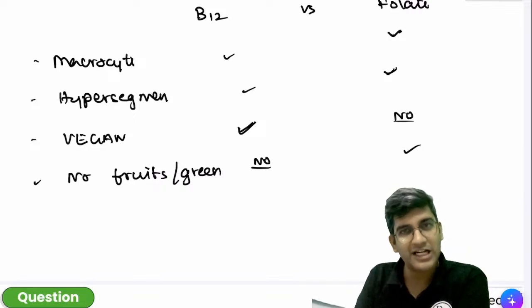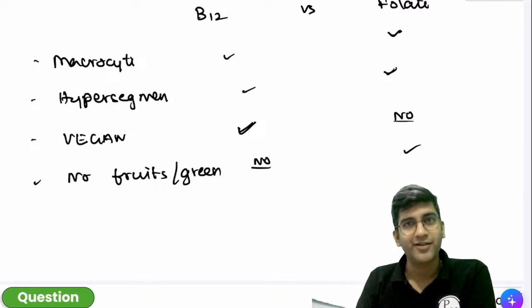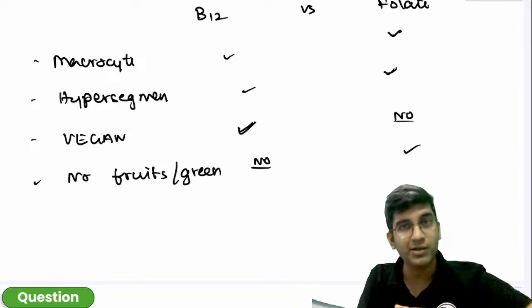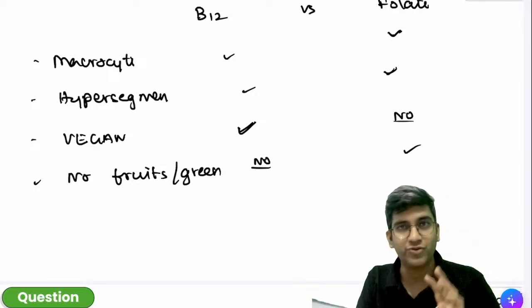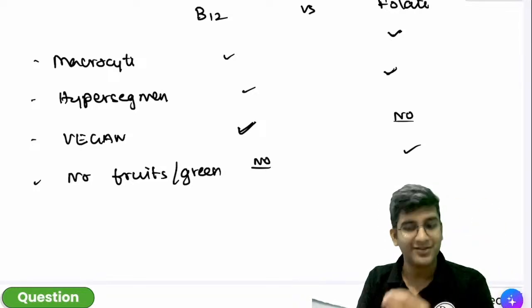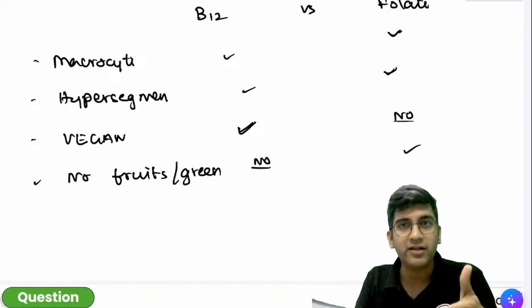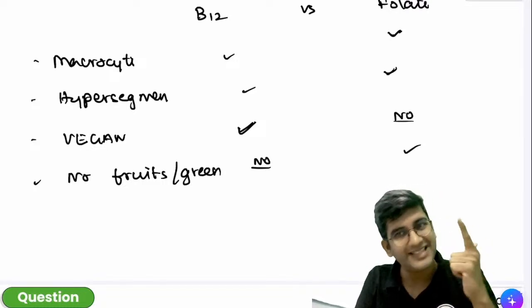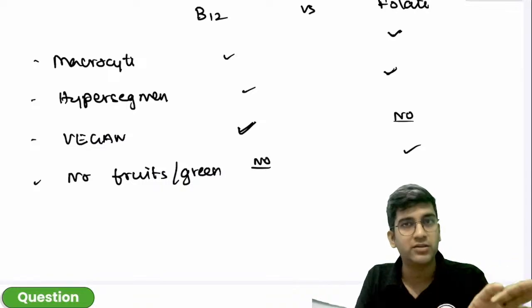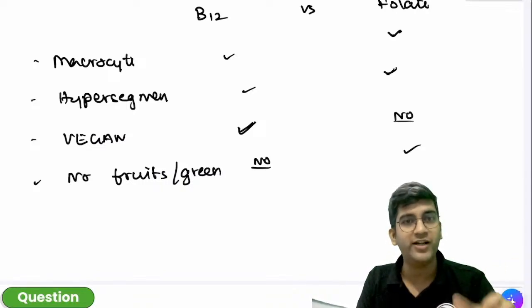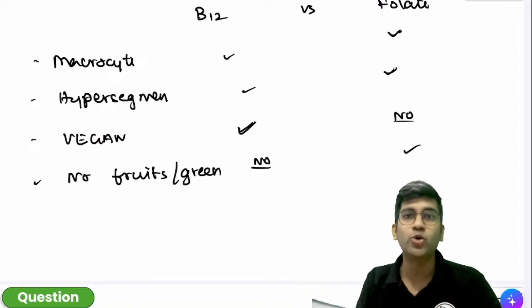The reason is, when was the last time you ate banana? Do you eat banana daily? We don't. Do your parents eat banana daily? They do, right? Fruit consumption is reduced a lot. I'm not talking about apples and costly fruits. Normal fruits, as simple as banana, is reduced a lot. Because folate is there in milk, folate is there in meat, but when I cook, heat destroys folate. So the only good source of folate is fruits, which I don't cook.